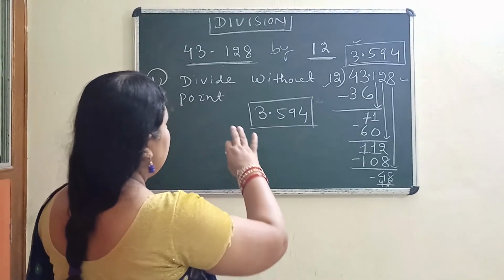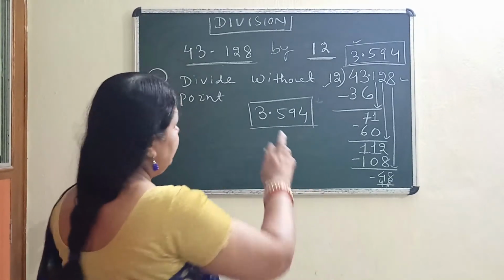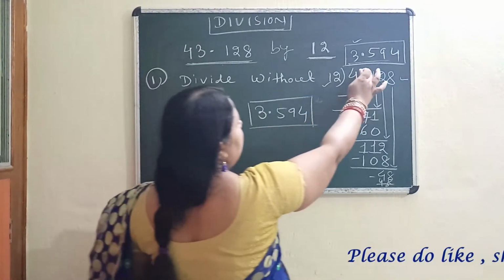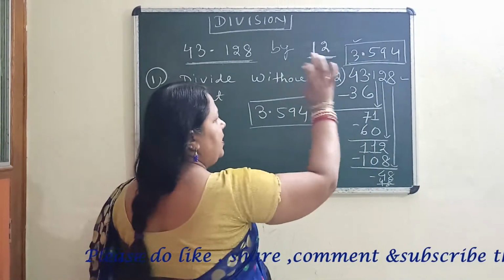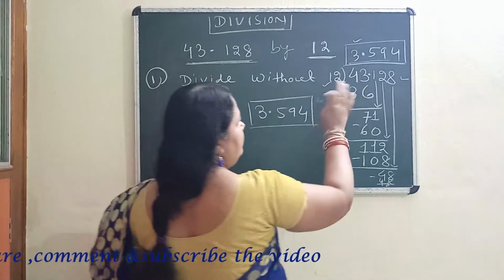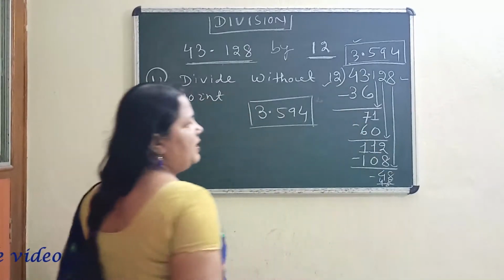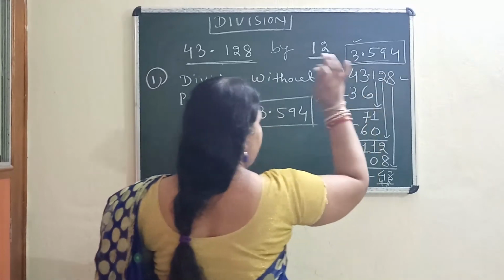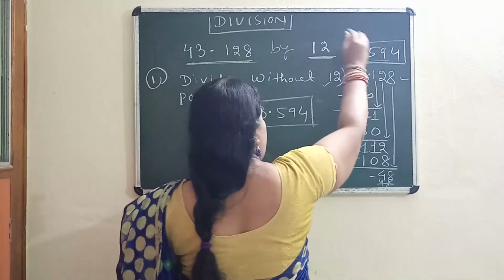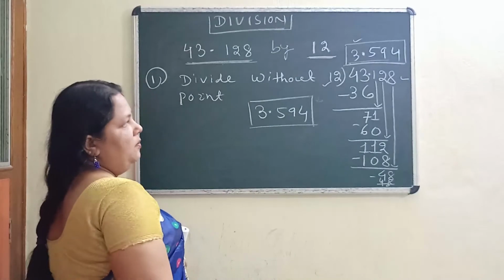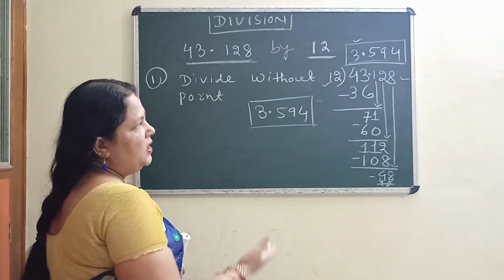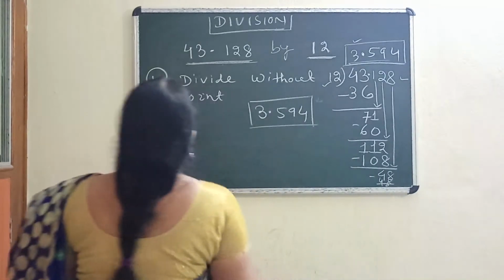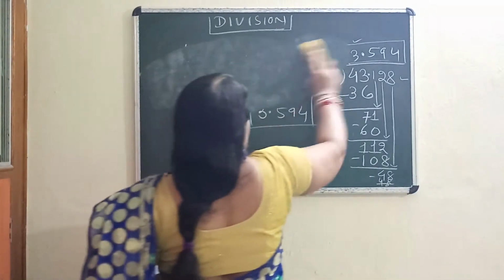So children, what are the steps? You marked them. Step number 1: follow the division without the point, meaning forget about the decimal point and think this is a whole number. Perform simple division how you normally do. Then after the whole number, when the decimal place is coming in the quotient also, at the same time you have to put the decimal point. Then follow normal division as you do. One more example. Let me show.